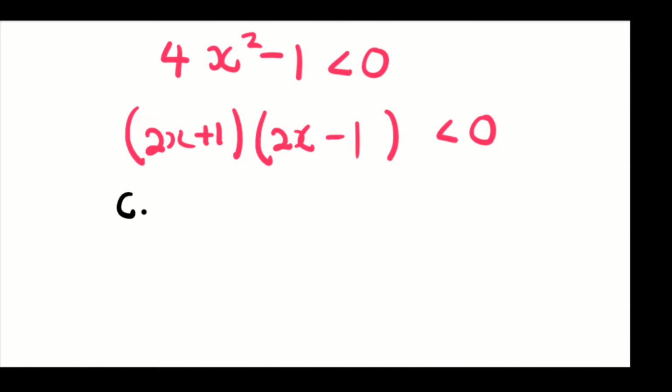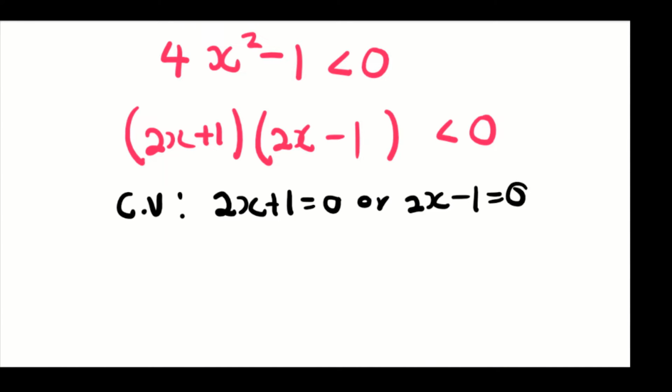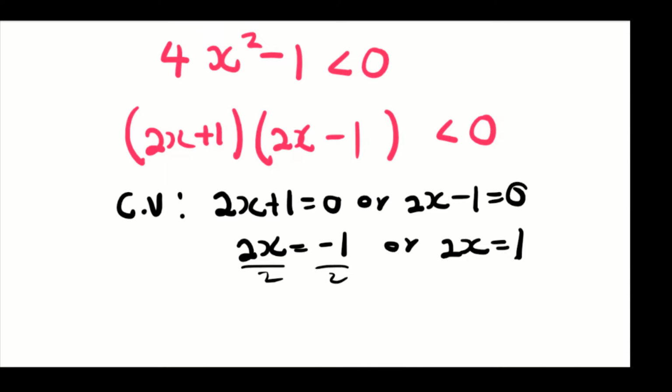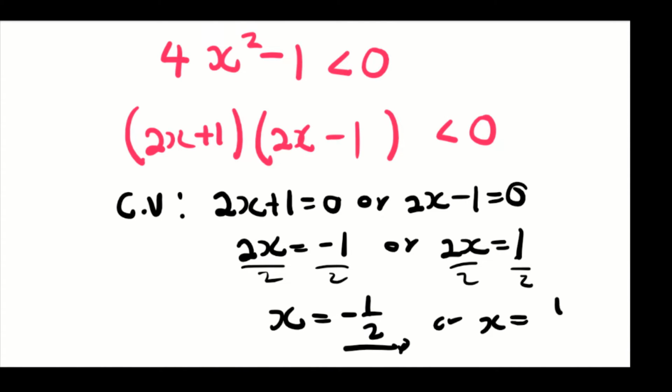Then our critical values are 2x plus 1 equals 0, or 2x minus 1 equals 0. So 2x equals minus 1, or 2x equals 1. So we divide by 2 both sides. We have x equals minus 1 over 2, or x equals 1 over 2. So these are our